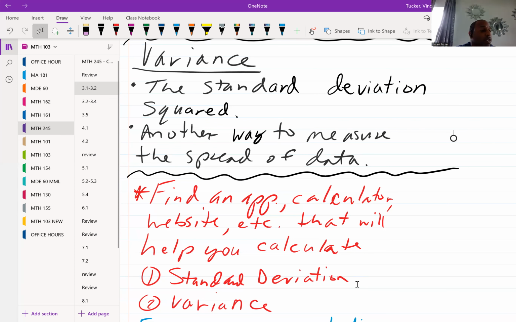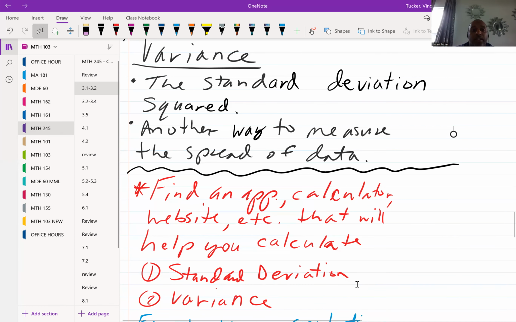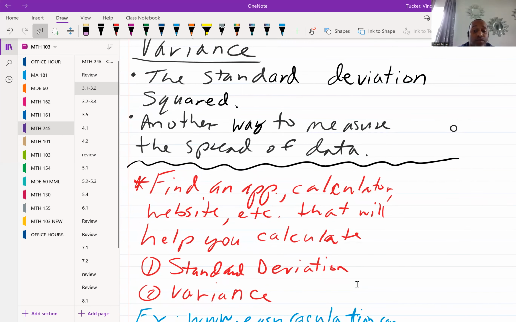Calculating standard deviation and variance isn't really a hard process, but it can be tedious. And it's one of those things where if you mess up on one number, it will mess up all of your calculations. So once you go past 20 numbers, it can be a little tedious, like I mentioned. If it was a different type of course, let's say if all of you were math majors, then maybe I would hold you to that. But you guys aren't held responsible for that. You just need something reliable.